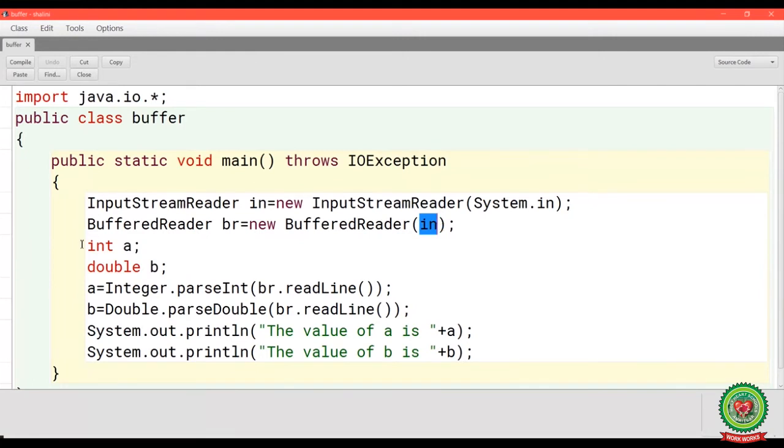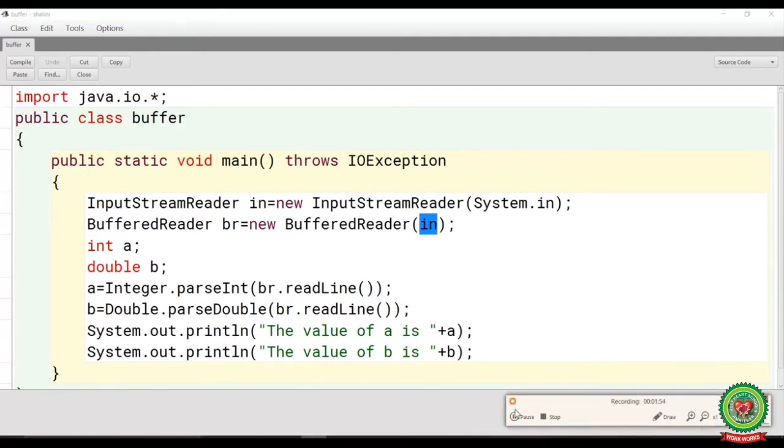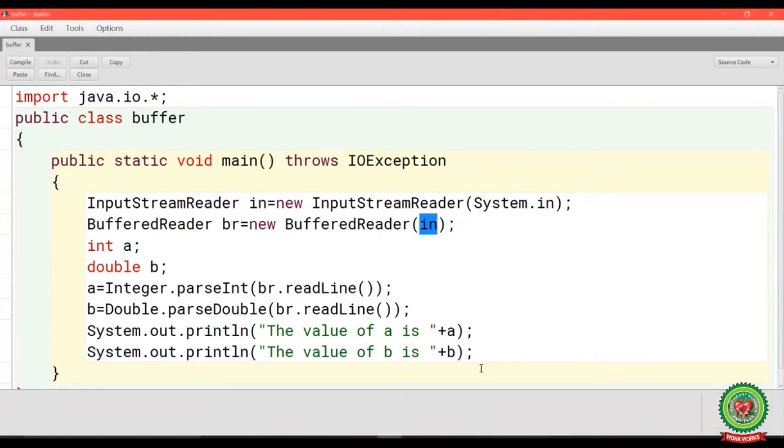Now I have declared two variables, int a and double b, where int means integer and double. Int and double both are data types. Then a is equals to Integer.parseInt.